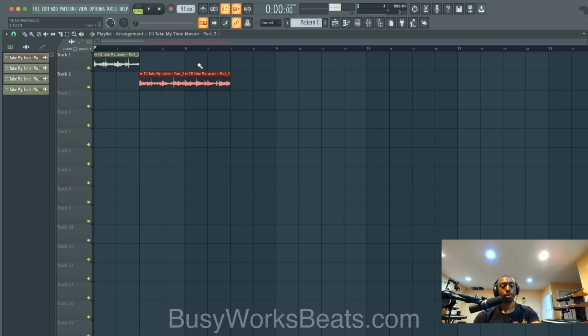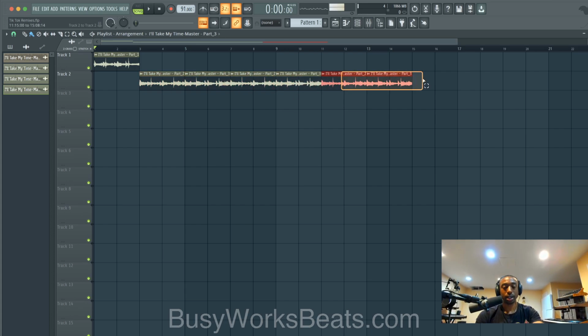So this part, I'm gonna separate so you can visually see what's going on. We're just gonna repeat this over and over again. So you hit Control to highlight, left click, and hit Shift to drag and copy and paste.